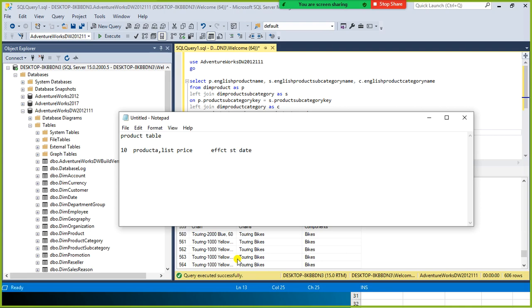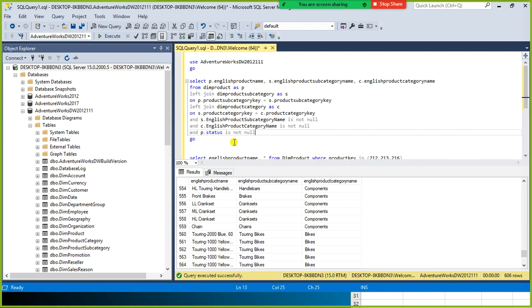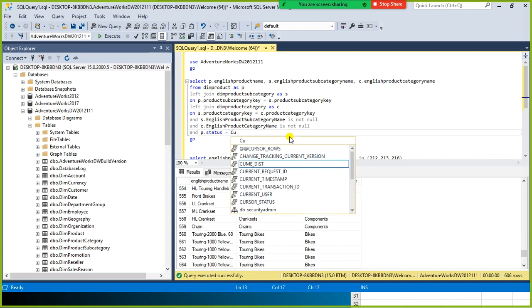Later point in time, if you want to perform some kind of analysis, from which date to which date we made changes to the prices for which product, and because of which, how much variation we could see in the revenue. For that purpose, for the effective end date, the last one, I think they put null. Along with that they maintain status also. The status should be current. So here you can specify status equals current, like only show me the current status. Don't show me everything.